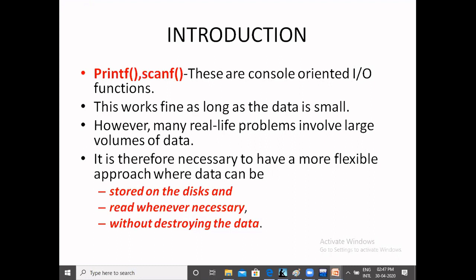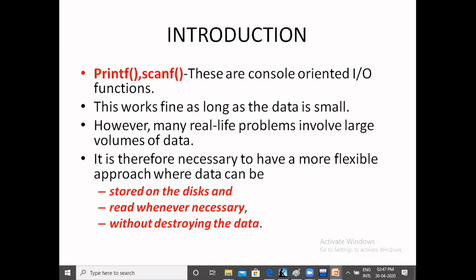Next, this works fine as long as the data is very small. It is useful and very clear whenever the data is small. Think of structures, pointers, arrays, or any data that is very small when compared to a bank.